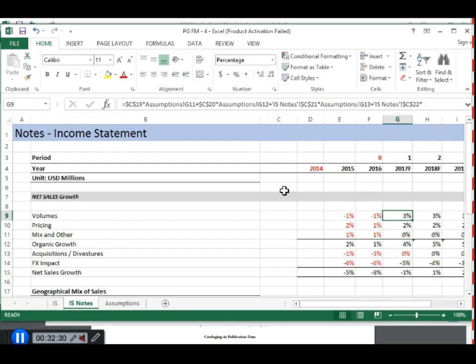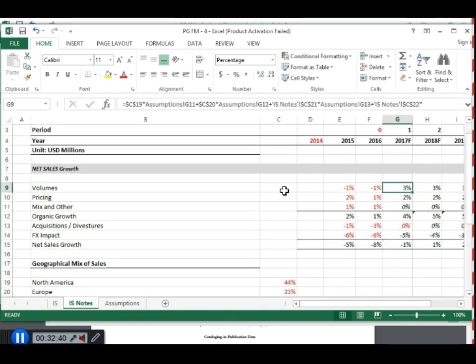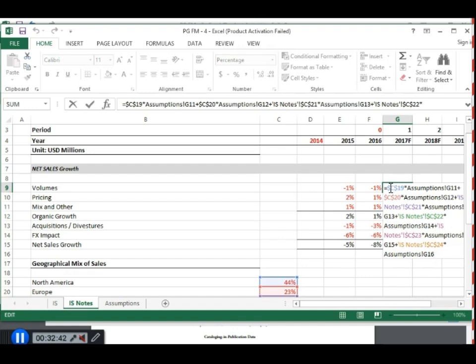Real GDP growth. Real GDP growth of what? Individual regions. Each region would have a certain proportion in the company's business. So what I have done is that I have multiplied the volume with the